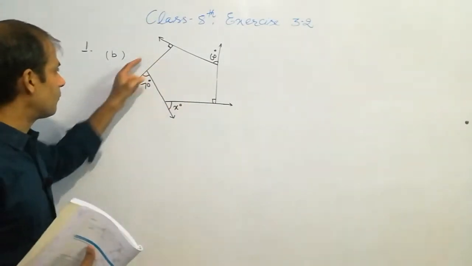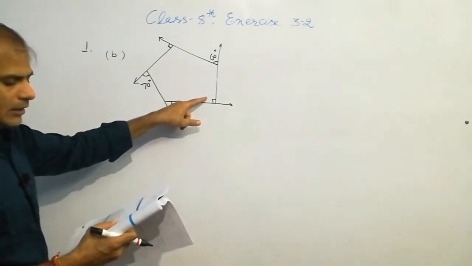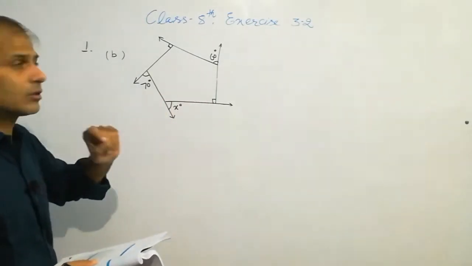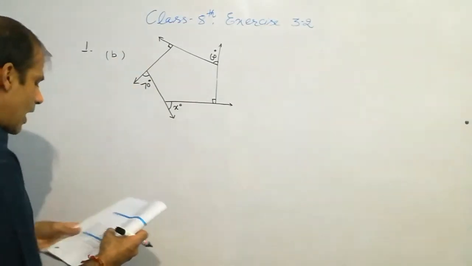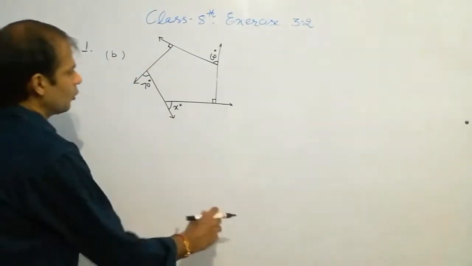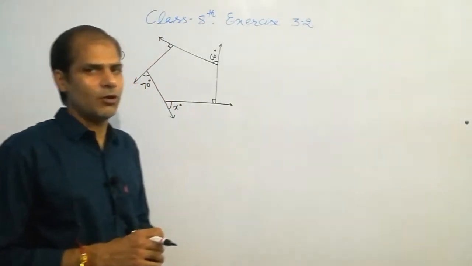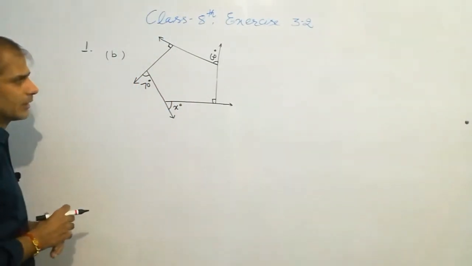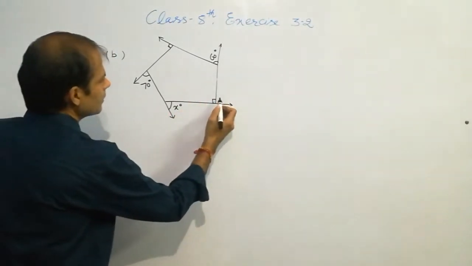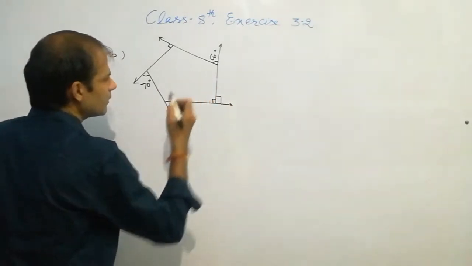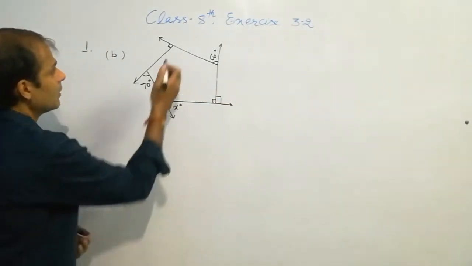1, 2, 3, 4, 5. It is a pentagon. It is x degree. It is 90 degree. This small square box represents 90 degree, 60 degree, 90 and 70. And we have to find the value of x. So there are exterior angles, and we know that the sum of all exterior angles is 360 degree. So if it is 90, then easily you can determine that it is also 90 degree because both are linear pairs.